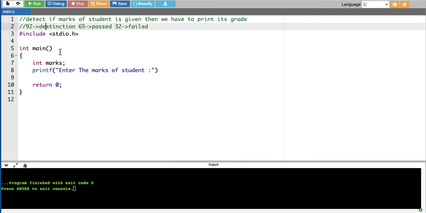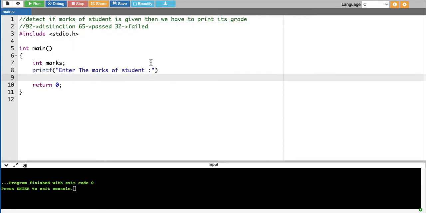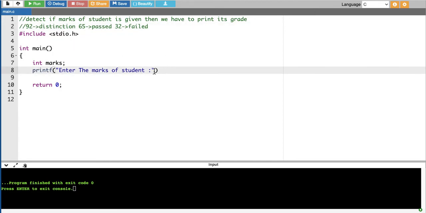I think here I misspelled distinction, so it's distinction. So I'm printing enter the marks of student. Now the user enters the marks.